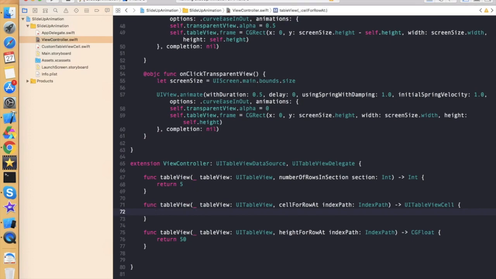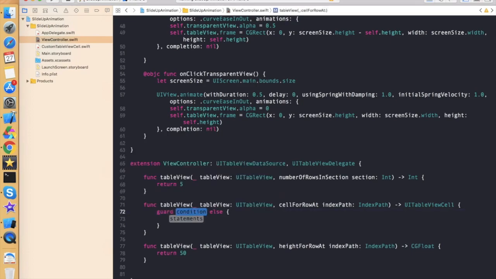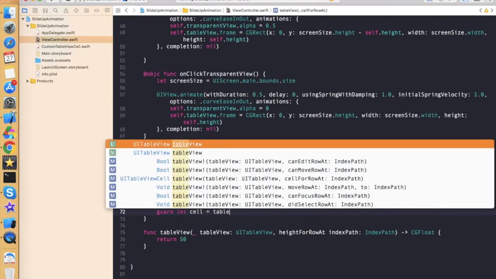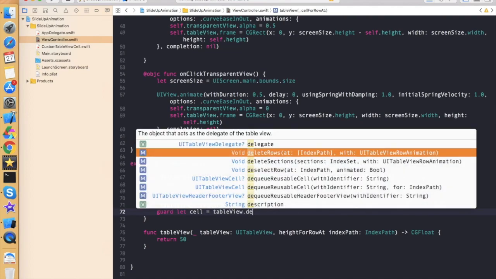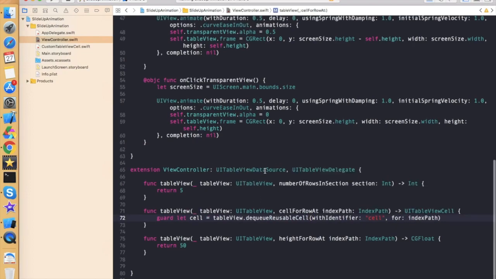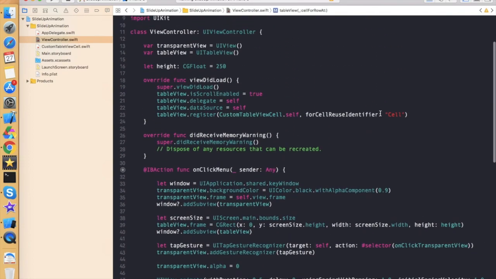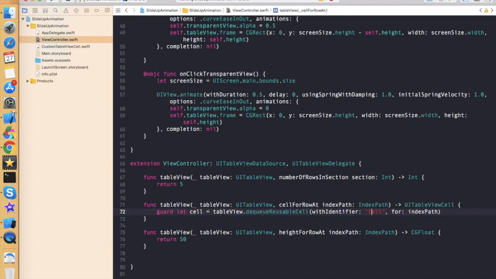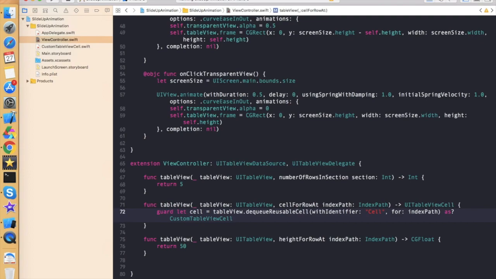Now let's create one cell. So I'm using a guard statement: guard let cell equals tableView.dequeueReusableCell with identifier, this one, and in this we have to define the cell and the index path. We have a reusable identifier the same as we provided over here. So C is capital, so we need to provide a capital C over here like this, and it is of the custom table view cell type, like this,